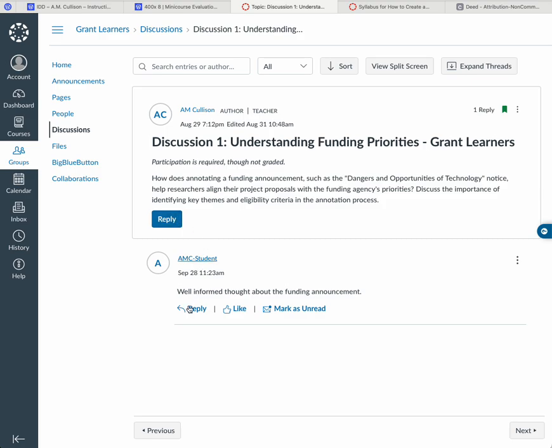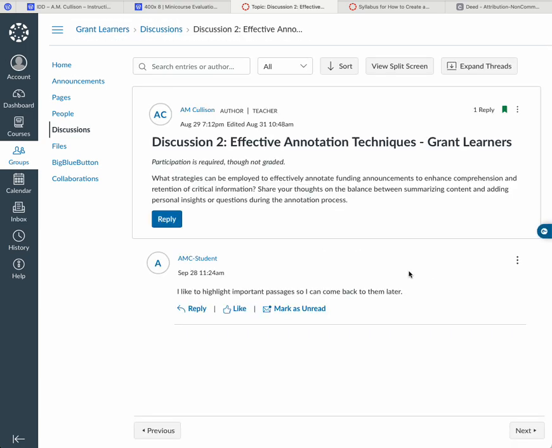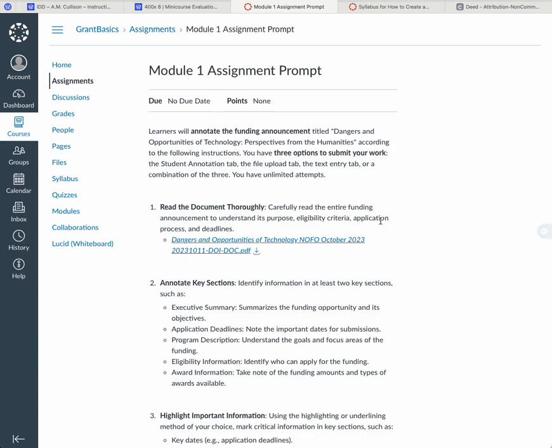Participation is required, so the learners are going to respond to one another here. The next discussion is about effective annotation techniques. They're going to share tips and tricks with one another and provide suggestions for how to effectively annotate a funding announcement. And then our assignment prompt here, learners are going to download this PDF and highlight it in at least